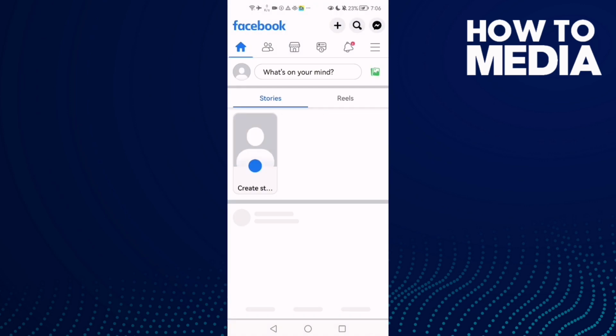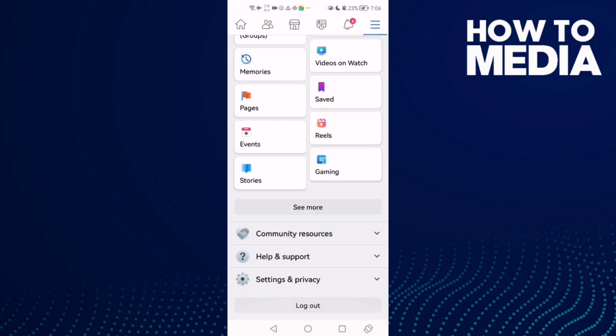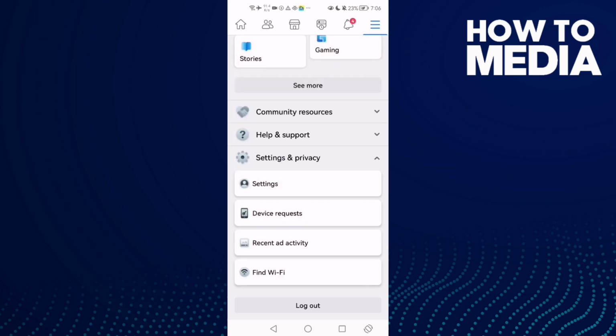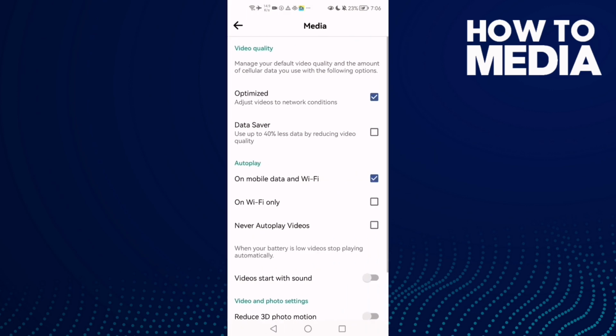First, open Facebook and then go to settings. Now scroll down until you find security and privacy, and here you will find settings. Click on it and then just scroll down until you find media, and here you will find this one like